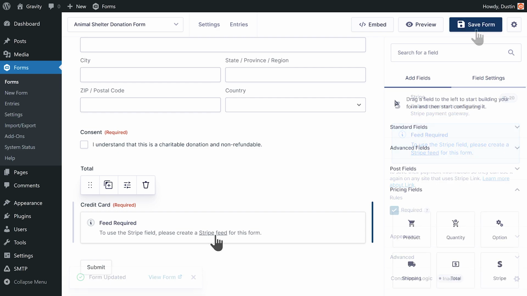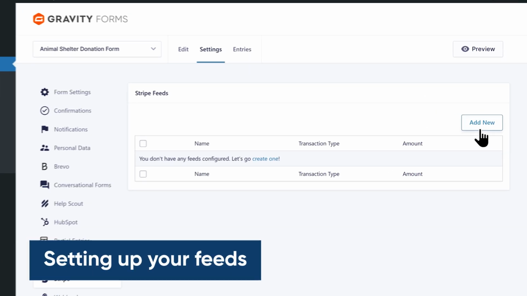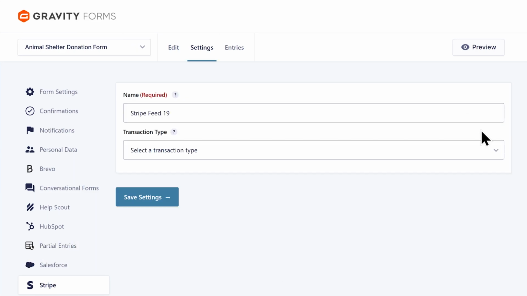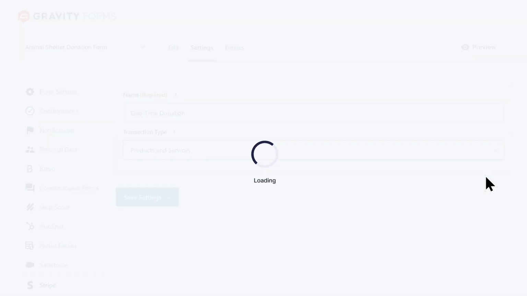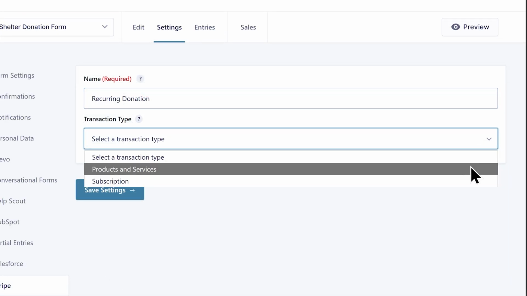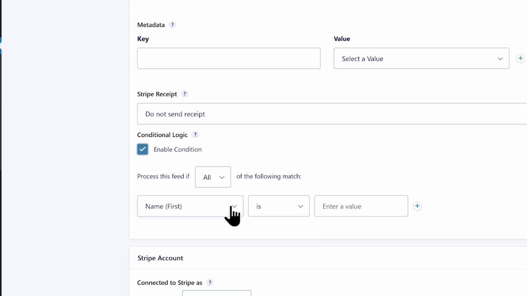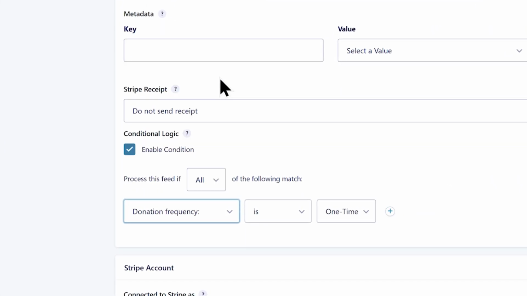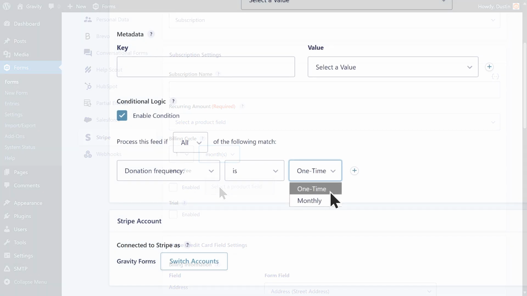Next, I'll need to set up my Stripe feeds for this form. If you've never set up a Stripe feed, be sure to watch our previously mentioned guide, linked below. I'm going to create two feeds, a one-time donation feed with the transaction type set as products and services, and a recurring donation feed with it set as subscription. I'm going to set up conditional logic for both feeds, using the one-time donation feed when one time is selected in the donation frequency field on my form, and the recurring donation feed when monthly is selected in that same